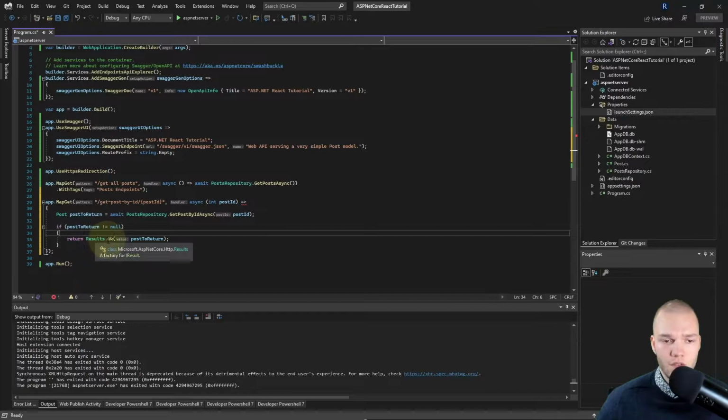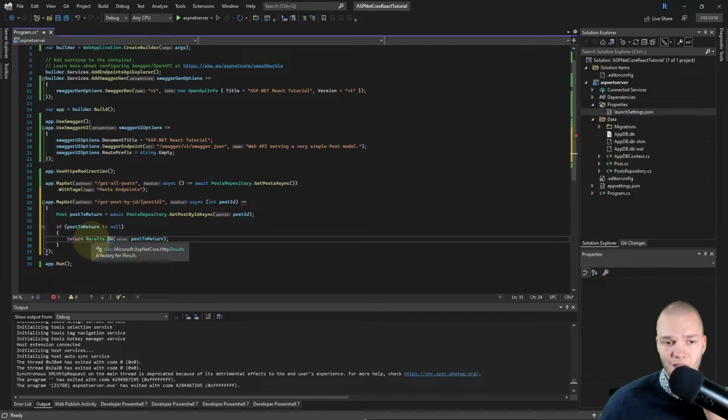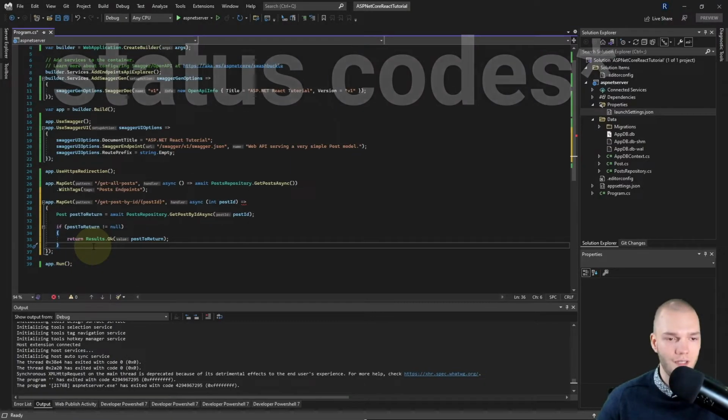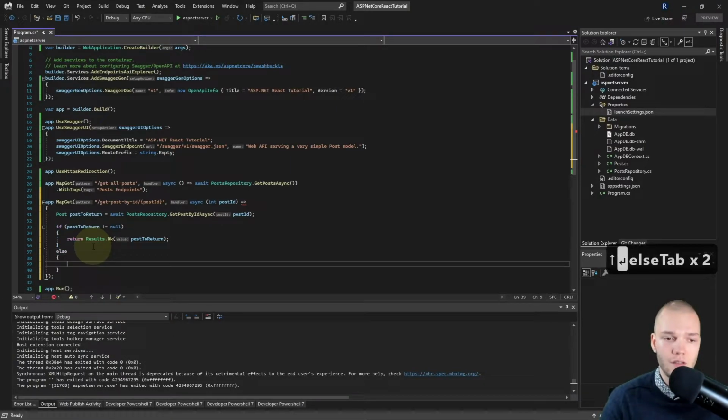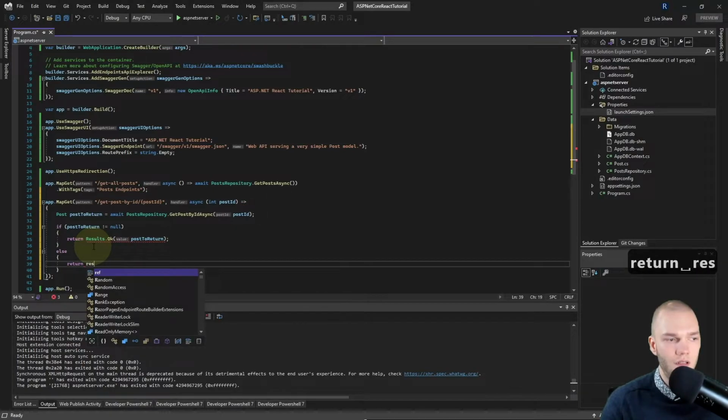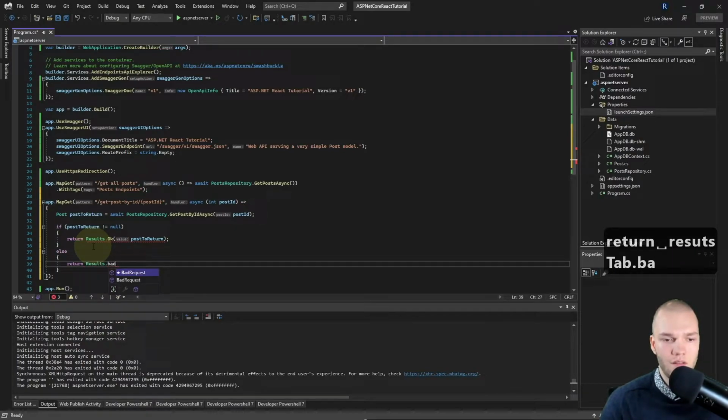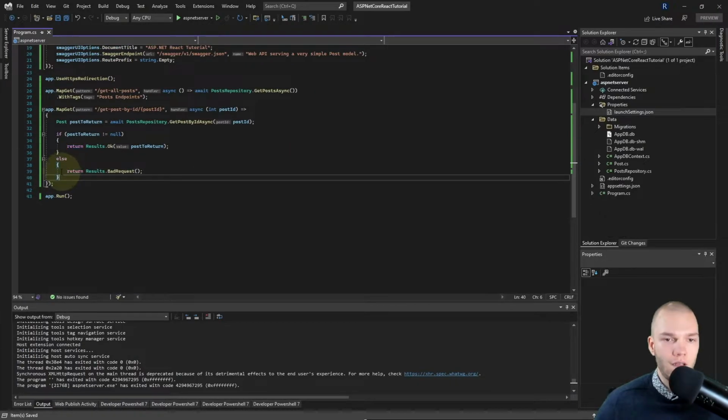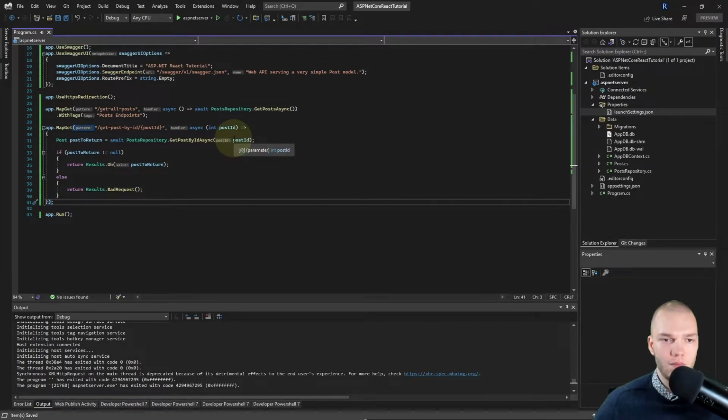And Results.Ok is a type included in ASP.NET Core, and that allows us to return specific HTTP responses. Alright. And for the else, if the post is null, we will return a Results.BadRequest.